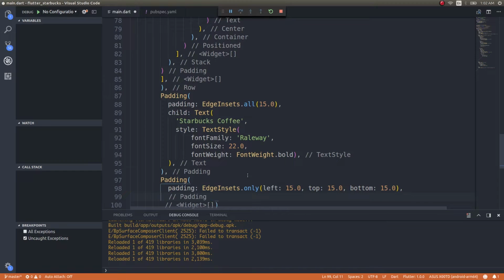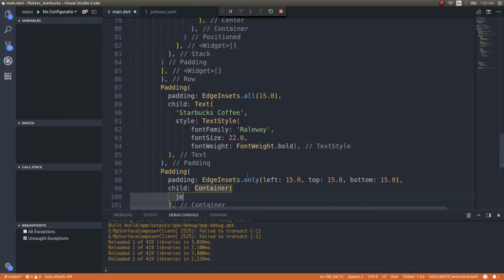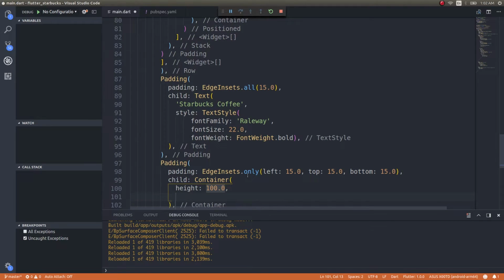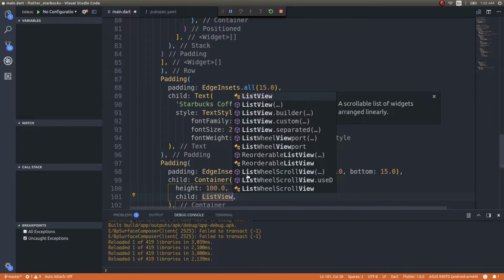Fine. And child would be container, height would be some 100 units. This is where our list view is going to be held. Then child would again be a list view, and